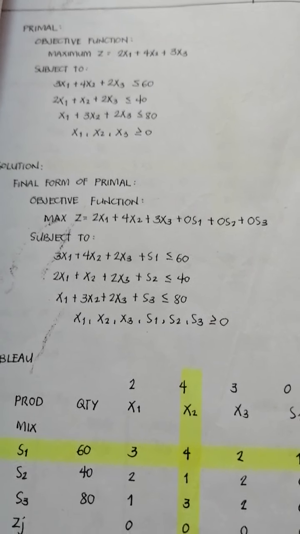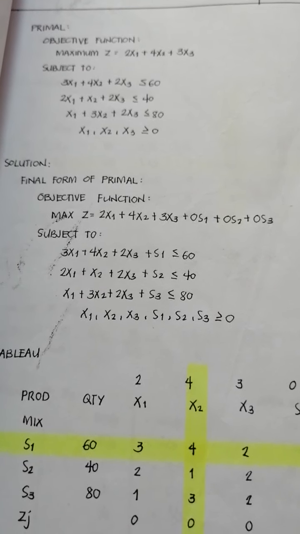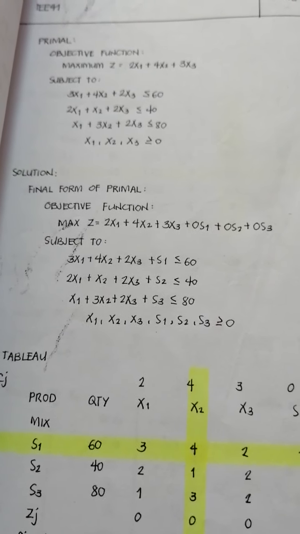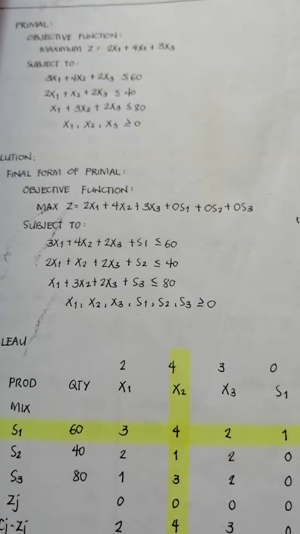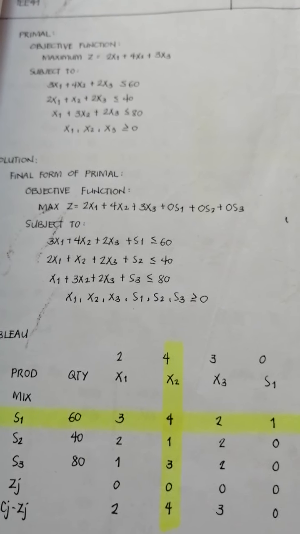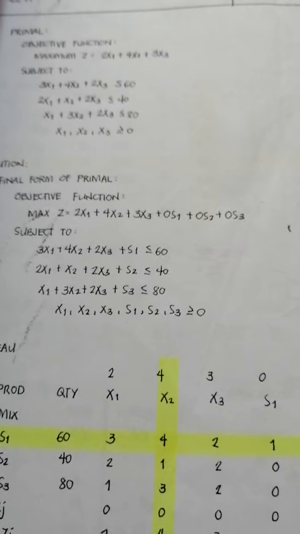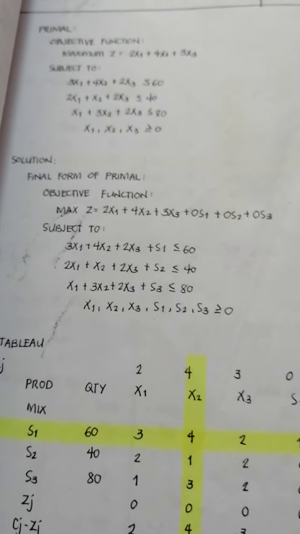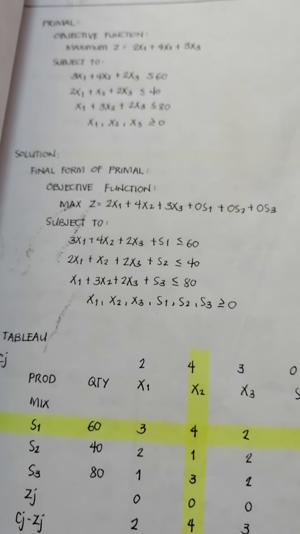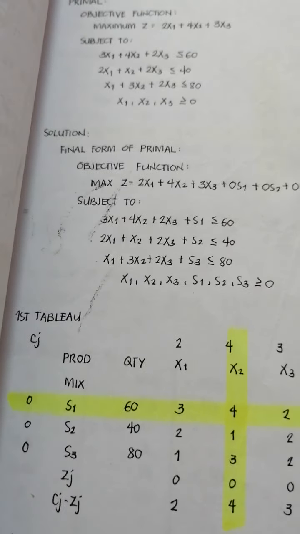So this is the sample that I gave. We have the primal and dual. The primal is to maximize the total profit, which is equal to 2x1 plus 4x2 plus 3x3, subject to the following constraints. So if you try to look at the second LP model,